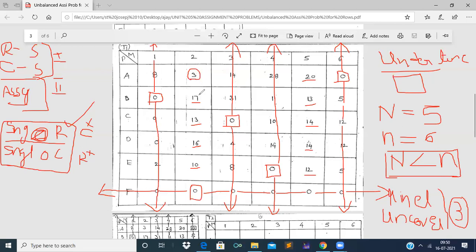That is 3 minus 3 is 0, 17 minus 3 is 14, 13 minus 3 is 10, 16 minus 3 is 13, 10 minus 3 is 7, right? Next 20 minus 3 is 17, 13 minus 3 is 10, 14 minus 3 is 11, 14 minus 3 is 11, 12 minus 3 is 9, right? And we have to add this 3 to the elements which are at the intersection of lines, right? Here we get 3. See here we get 3. Why? Because 0 plus 3 is 3. In the next table, here we get 3 and here we get 3, right? We get three 3s. Why? Because at 3 positions in row F, the 2 lines are intersecting.